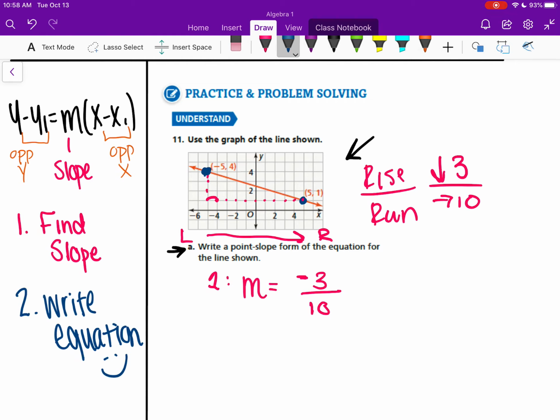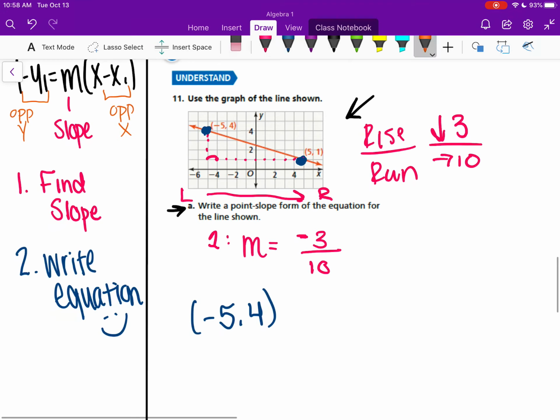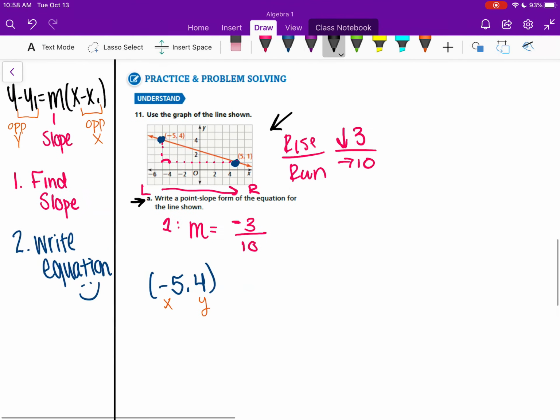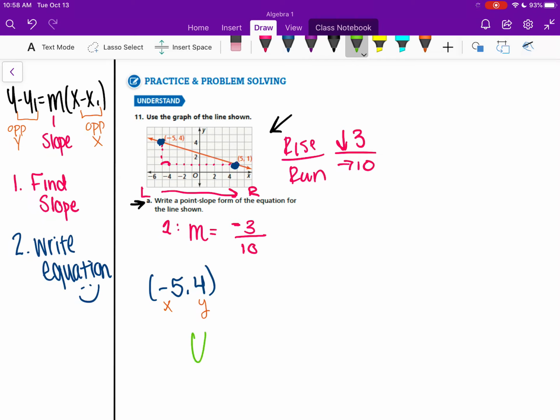And now that second step is just to write the equation using one of the points that we're given. We actually were given 2 points. Let's just use the first one, (-5, 4), where negative 5 is that x, 4 is the y. So if I'm writing my point slope form, I want to do y, and then minus y1 means opposite y value. So the y value is 4, I'm going to do the opposite, that's negative 4, equals m, which is negative 3/10, times